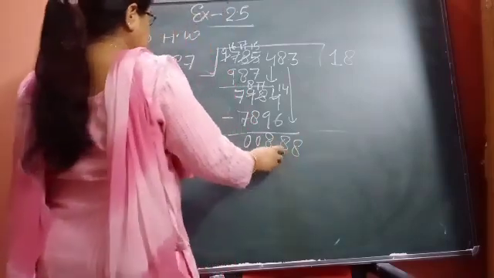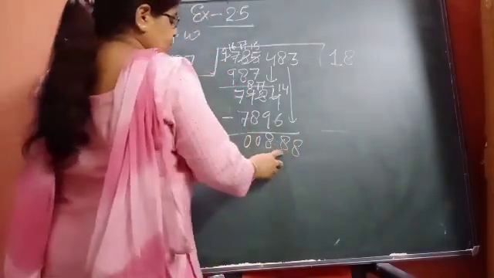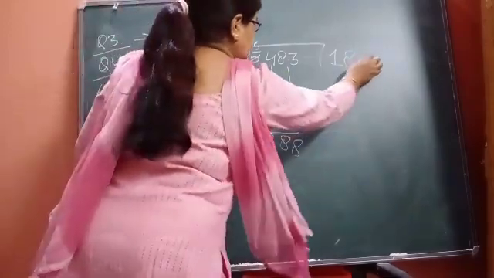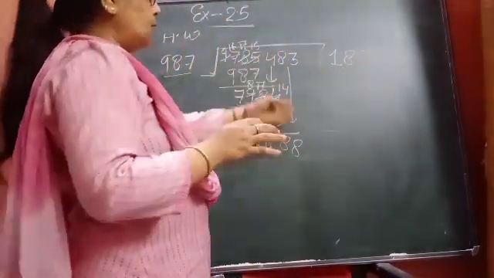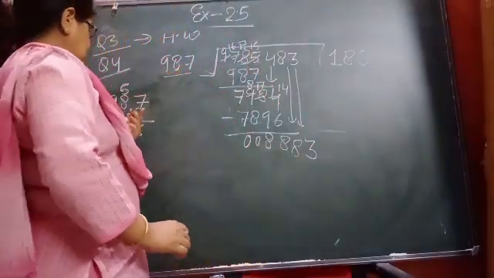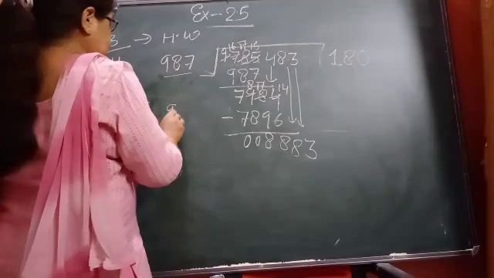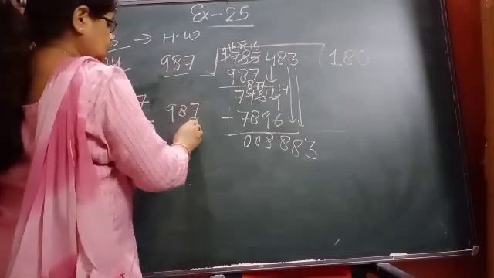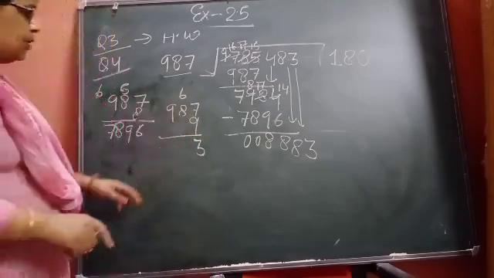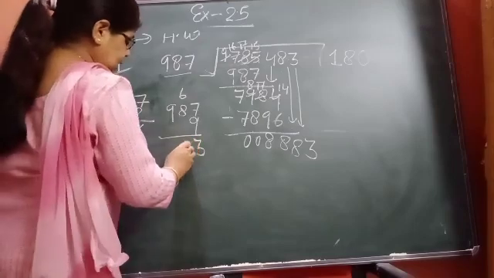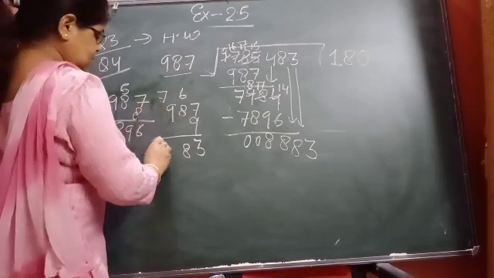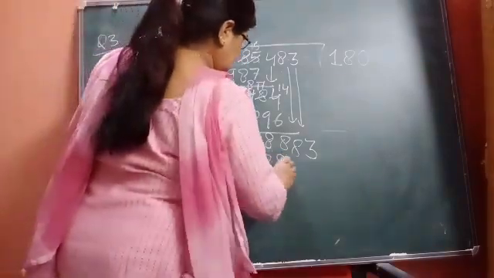Again further division is not possible because this is 987 and this is becoming 888. So after bringing down this 8, further division was not possible. So you will put 0 here because we can't bring two numbers together. So now bring down this 3 here. Okay. Now see, 9 8s are, check it now. 9 8 7 9. 9 7s are 63. 6 carry. 9 8s are 72 plus 6, 78. 7 carry. 9 9s are 81. 81 plus 7, 88. It has come 8 8 8 3.